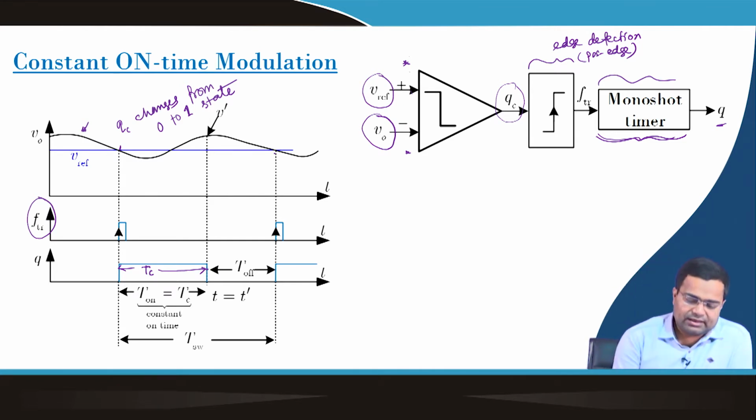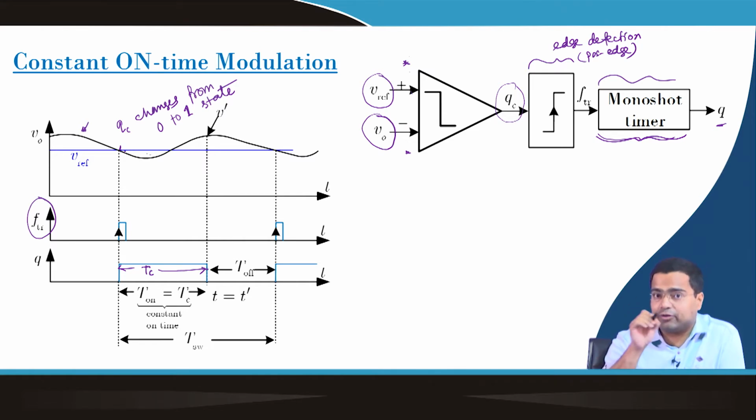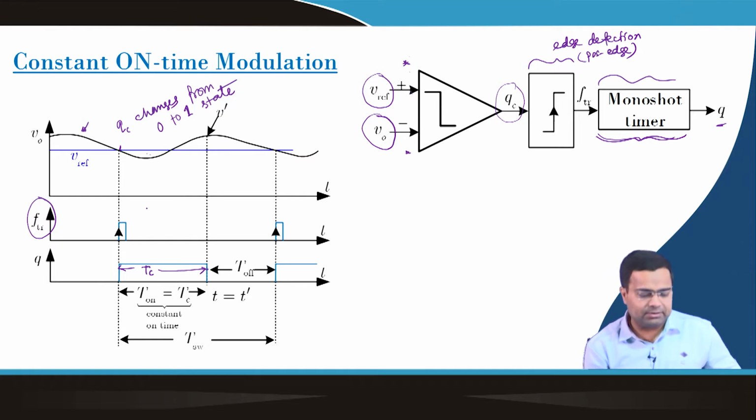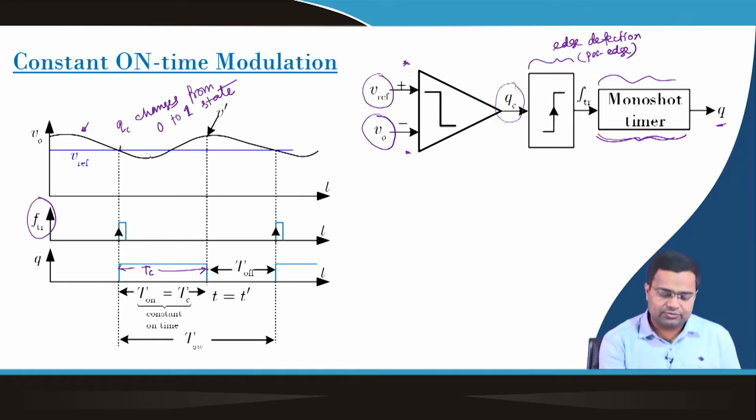Please remember, the waveform shown here is the capacitor voltage. Even if we turn on the switch, it will not immediately charge the capacitor, because we have discussed in previous lectures that if you take the inductor current and the capacitor current waveform, the capacitor current actually starts from a negative value. As long as it has not crossed 0, the voltage cannot rise. When the capacitor current becomes positive, the voltage starts rising. So this is basically the output capacitor voltage.